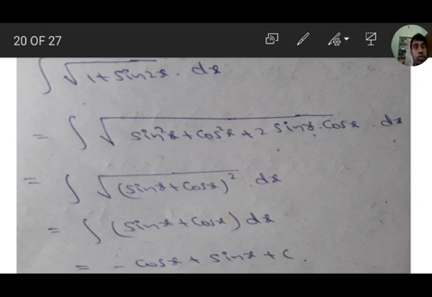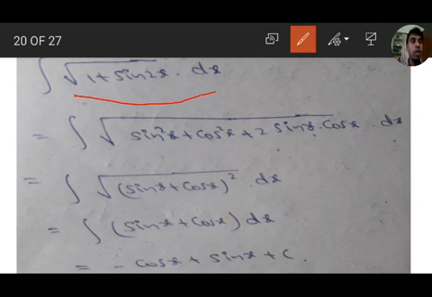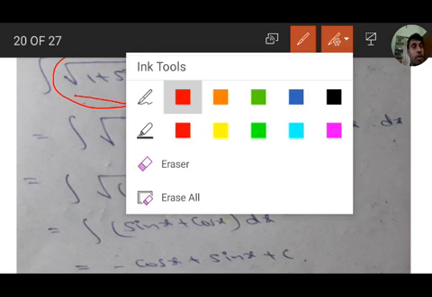Evaluate the integration of square root of 1 plus sin 2x dx. For this also we don't have the formula for direct integration, so we have to use trigonometry and simplify the function first. And this one can be written as